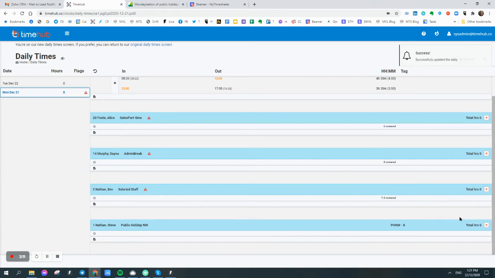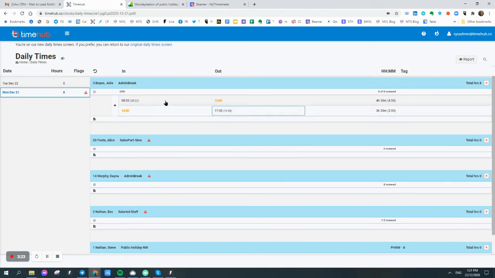I'd see the public holiday symbol. Obviously, this isn't a public holiday, which is why I'm not seeing it. And I would see the units. Now, these units will be based on what the employee normally does, or, as I said, their average hours. If they have worked, you will see the normal information here, except this will change to ordinary at PH, which means they're being paid those hours as a public holiday.